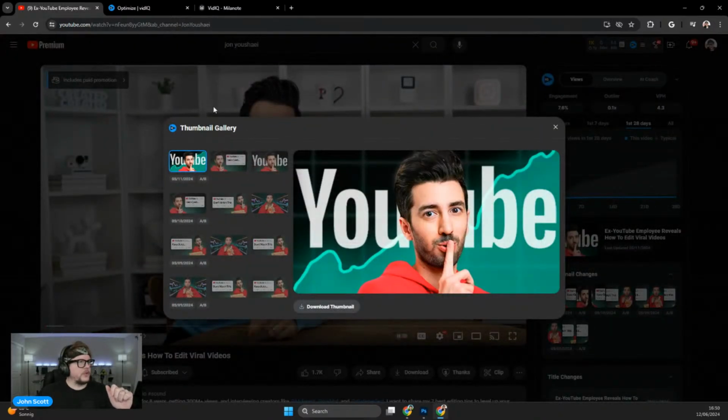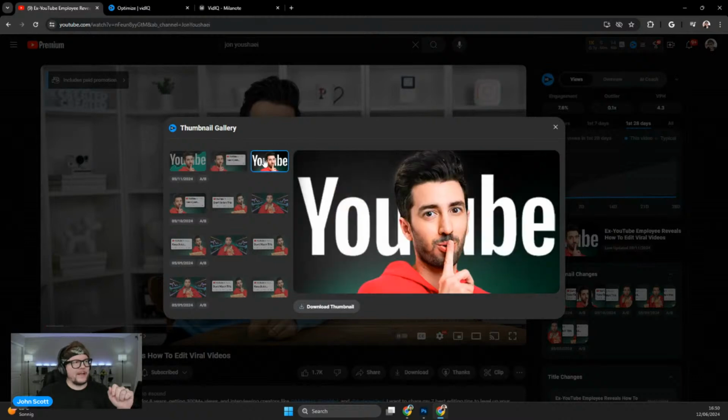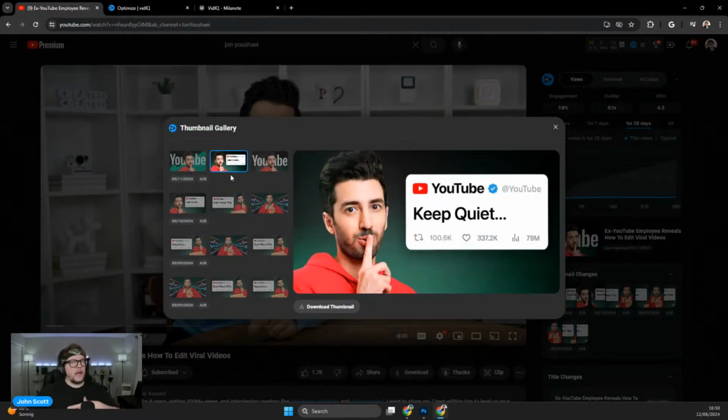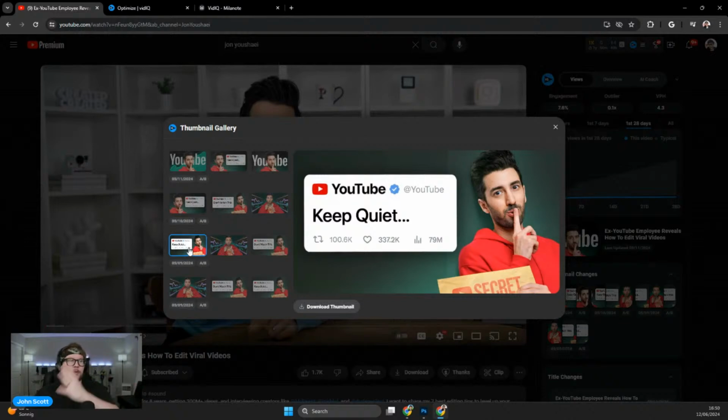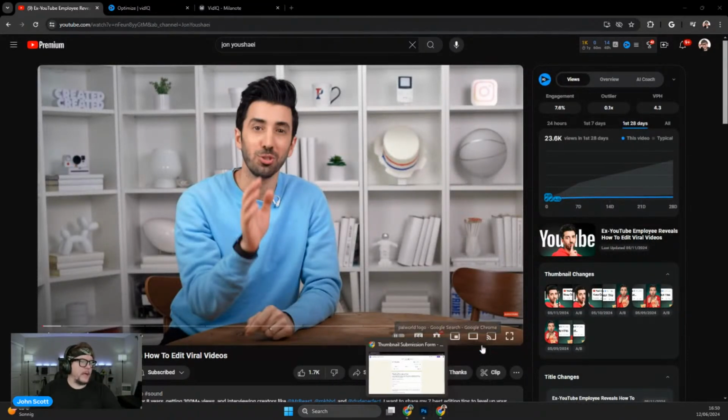So John, he did a bunch for this, right? Just all these different little versions of like moving the elements. You don't even really have to change your full design. You can just kind of move things around and see what works best. Like this, I'm on the left side. This, I'm on the right side. That sort of thing. So just something to keep in mind as it rolls out. Like I said, I don't personally have it. I know a lot of people don't, but it's coming. So just something to be prepared for.